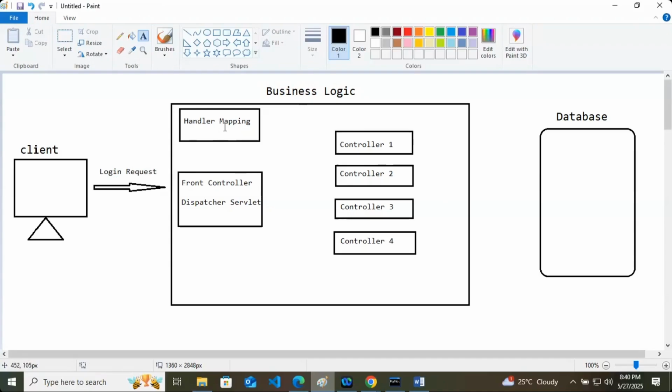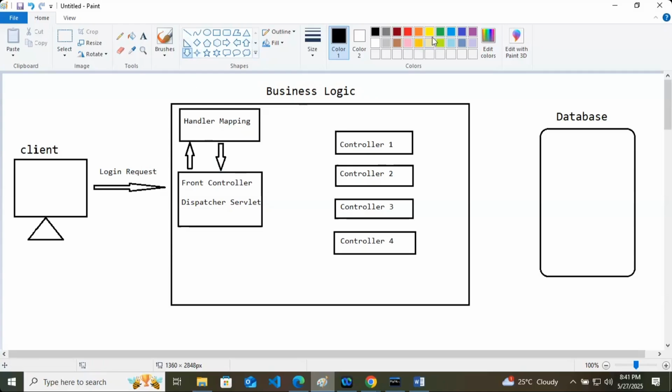Handler mapping will have the detail. So this front controller will send a request to handler mapping: tell me which controller is handling the logic of login. Then handler mapping will return the controller name to this front controller.